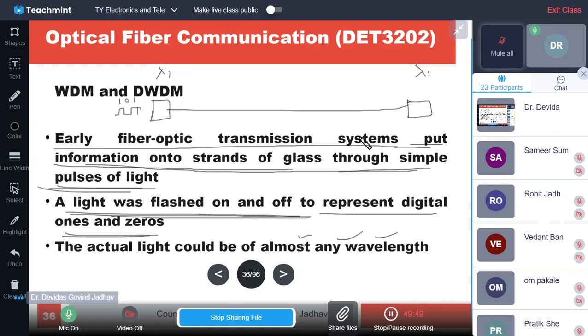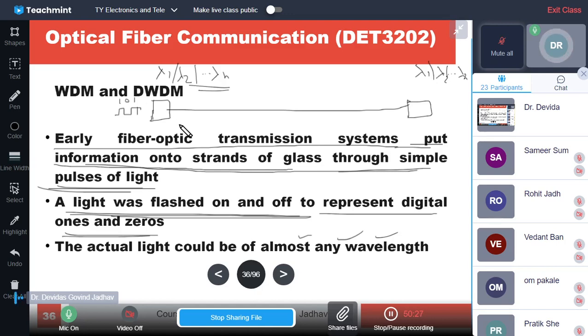So the same system is kept: repeaters are there, joints are there, couplers are there, fiber is there, only we change the source from lambda 1 to lambda 2. Then we have to change the detector also, lambda 1 to lambda 2. So the source-detector pair is changed, and the same system can be used for different wavelengths. For lambda 3, lambda n, any wavelength we can use. There is not much difference. So if the system is able to be used for all these, then we can have wavelength division multiplexing also.